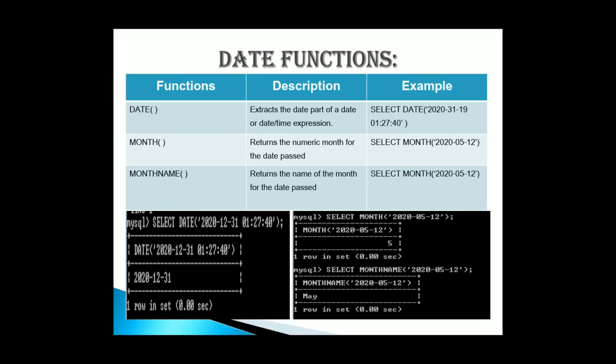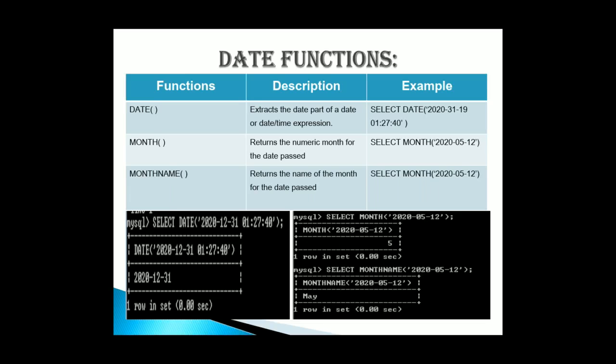It will just take one date as a parameter and it will just give you the date part of the date time expression. Now here in the example you see select date, I have written in the example from the table 2020/31/19. Okay, here it is a printing mistake. 31 cannot be the month. Okay, but here you see